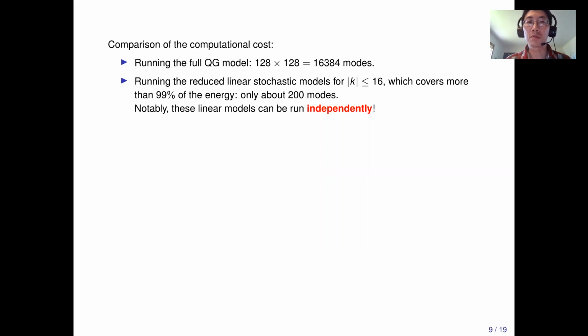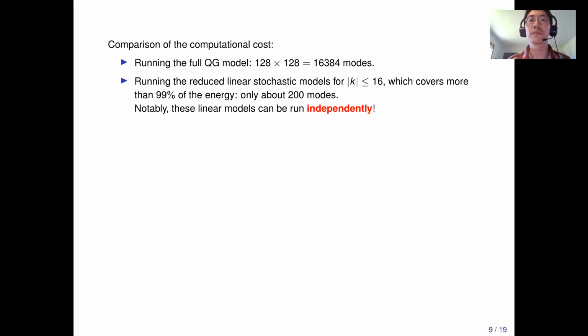Before we show all these results, I just want to do a quick comparison of the computational cost. If we want to run the original QG model, the ocean model, then as I said, we use 128 times 128 resolution in order to guarantee sufficient resolution for the small scale eddies. But by doing so, we need about 16,000 modes in total for each run. We cannot just truncate them in a forward model because although those small scales have very little energy, they contribute to the dynamics. If we do a brute truncation, then the system will blow up or give us